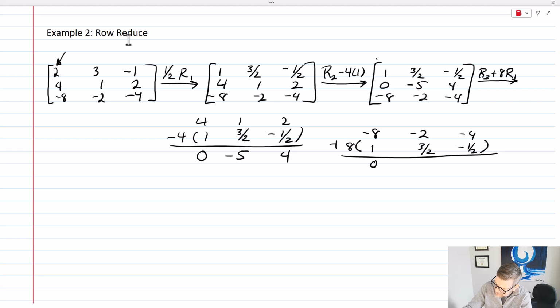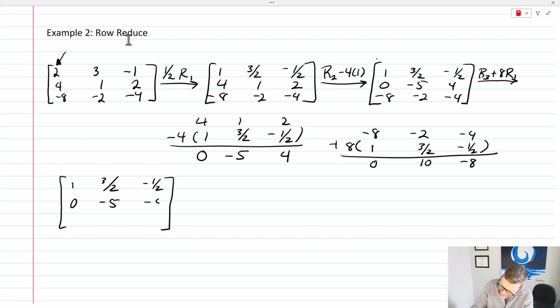I get 0. This will become negative 2 plus 12. So that's going to be 10. And then negative 4 minus 4, and that's going to be negative 8. So now our new matrix has 1, 3/2, negative 1/2, 0, negative 5, 4,